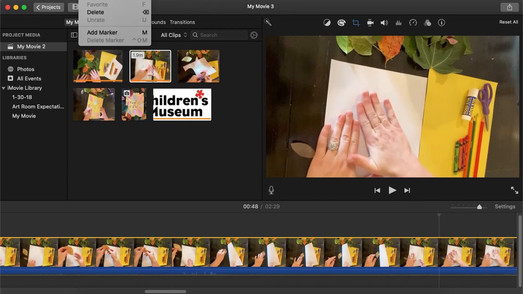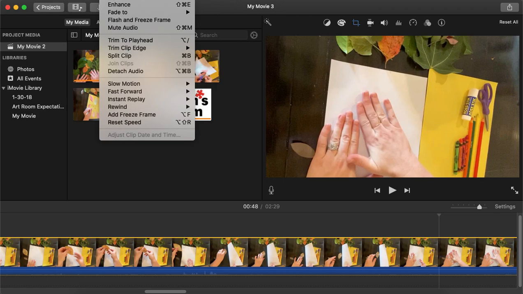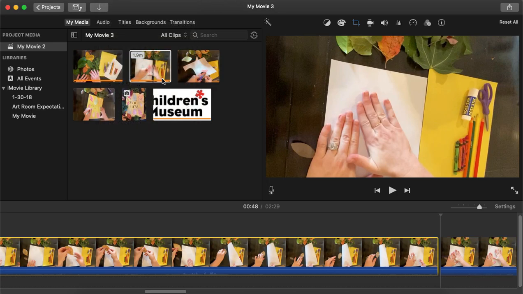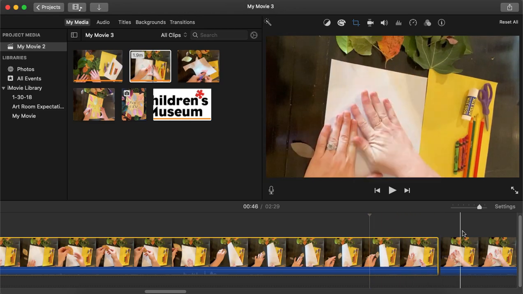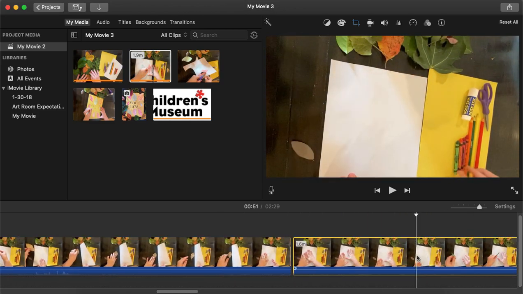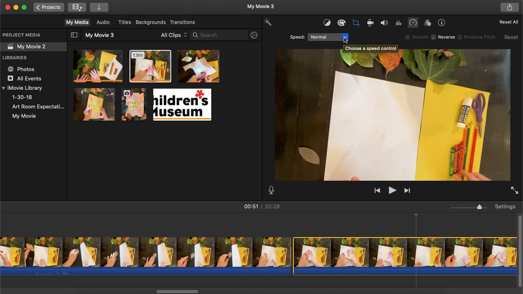I'm going to come up here and go to modify, which is in the middle of the top bar. I'm going to go to split clip. As you can see, now the clips are separated. So maybe I want this one to remain the regular speed, and then for this one I'm going to go up here above the video icon and go to what looks kind of like a speedometer. It says speed. When you highlight it, you're going to go to the drop down tab